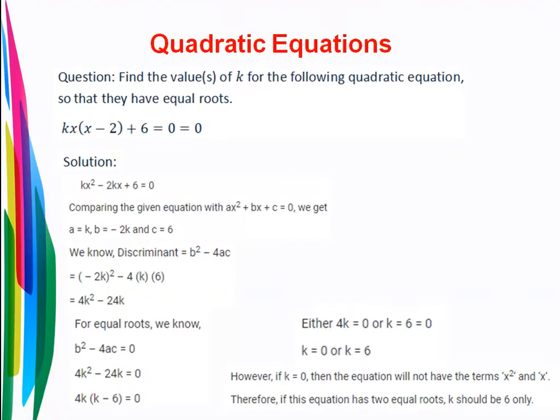We can have another type of question where we have to find the value of k such that the given equation has real and distinct roots. In that we will put discriminant greater than 0. We can have no real roots, then we will put discriminant less than 0. So we can have infinitely many questions based on this.